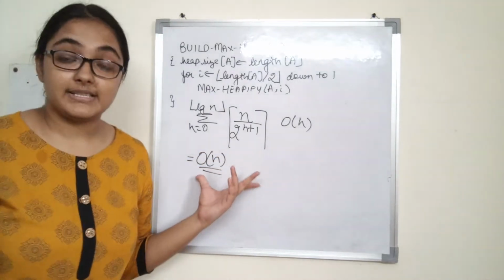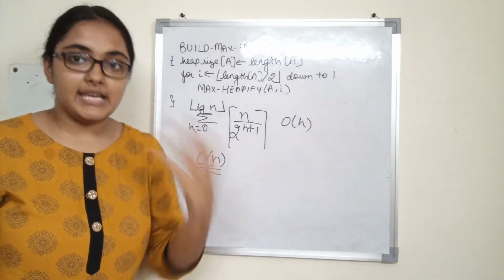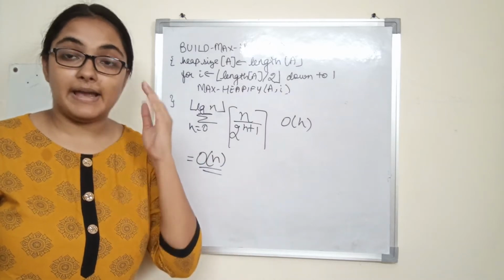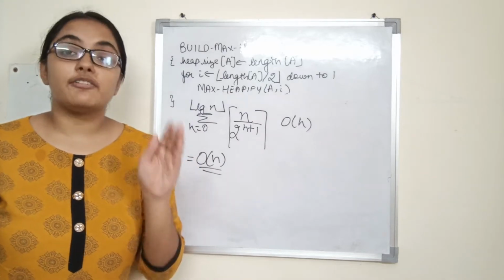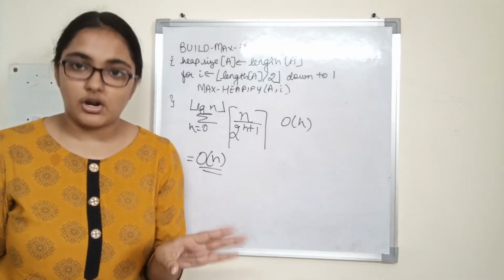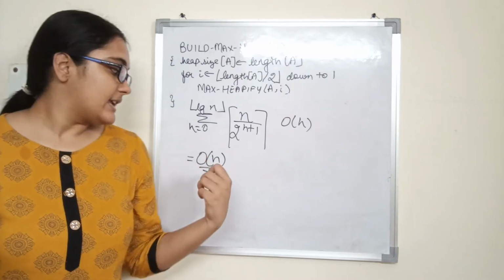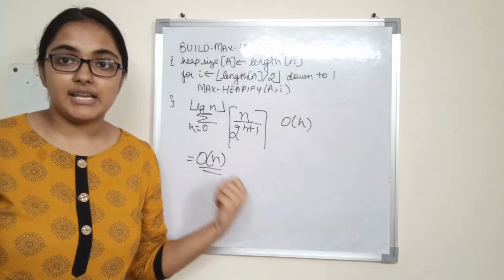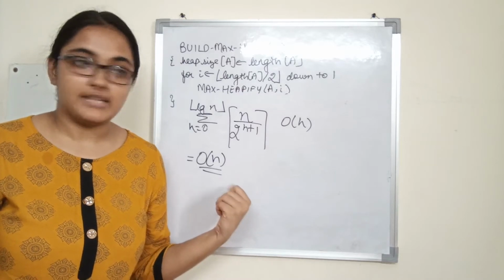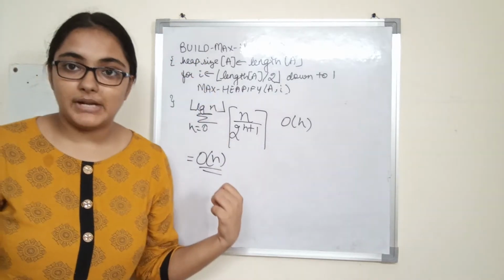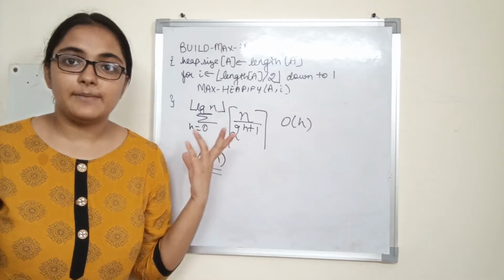So that is the time complexity of the build max heap procedure, which is less than when we have to create a heap out of the array by arranging the elements in ascending or descending order. The best case time complexity will be order of n log n in case we want to sort an array in order to create a max heap. But using build max heap, we can create a heap out of an array in just order of n time, which is less than order of n log n. So we use the build max heap procedure to build a heap of n elements, where the elements are stored in the array.